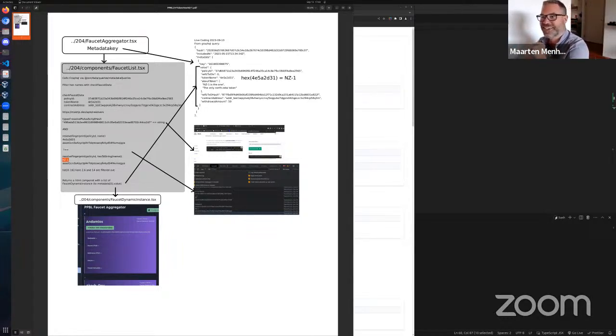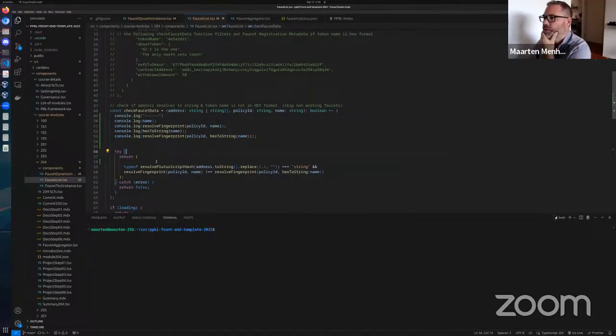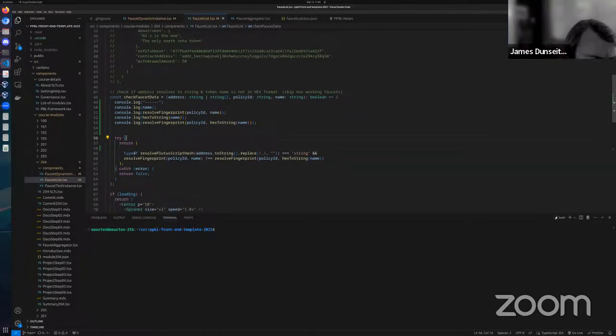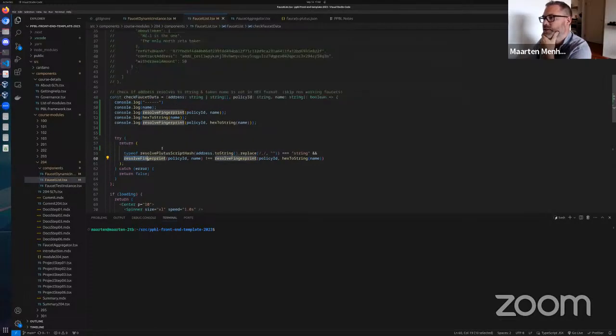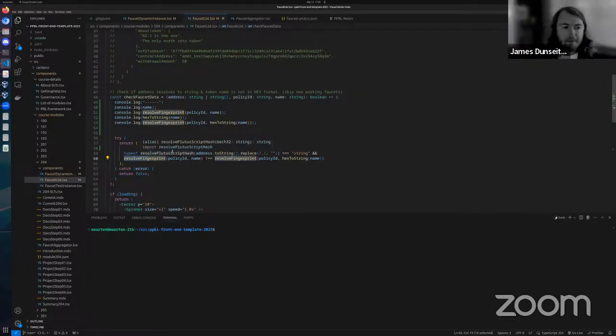I don't know why exactly, because this is like a trick, because I would not use the fingerprint myself. Maybe I would just say, is the hex value of this thing the same as this one? Why would you do it via the fingerprint? I would not know exactly. And where are we using fingerprint in the repo? Oh, it's in this helper function, check faucet data. And this was actually doing the correct thing. Right. So it's filtering all the people who did the same as me, which are 3 people.